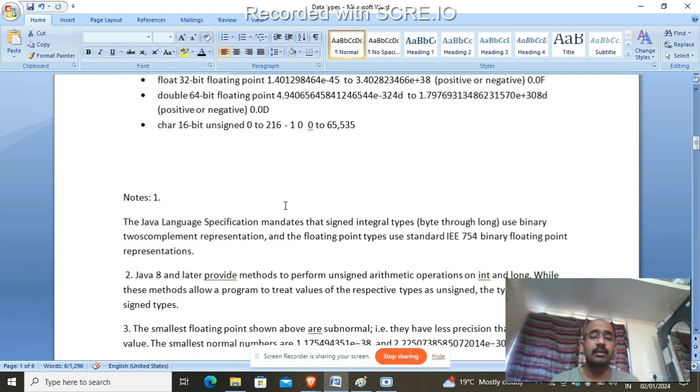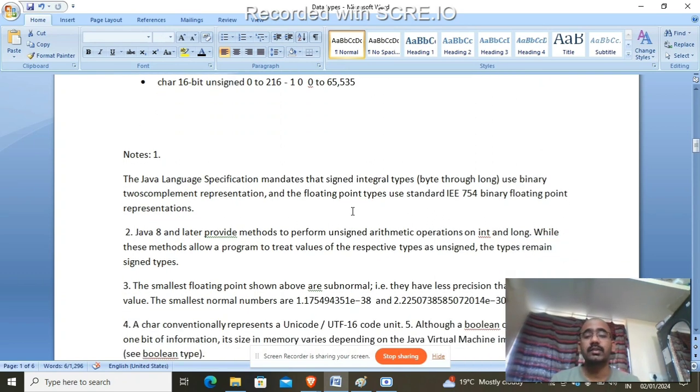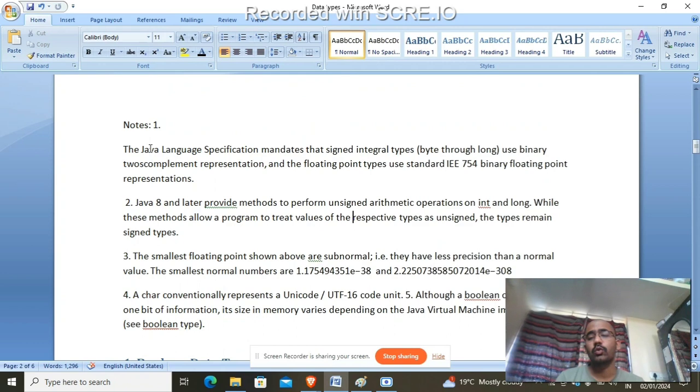You can check through the cmd prompt. I will show you in the video how the command prompt is used for checking data types. This is also a note for byte. The note is that the Java language